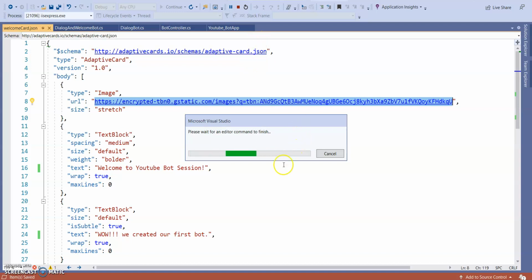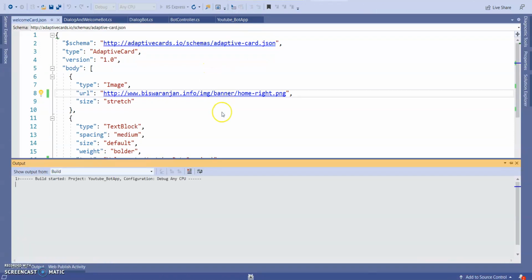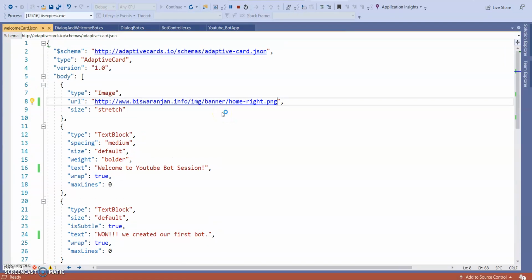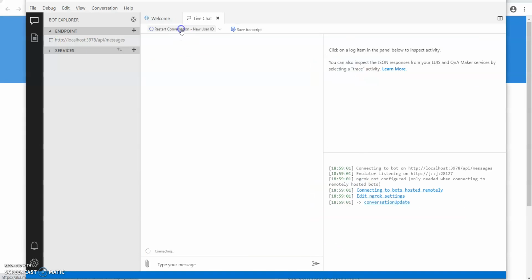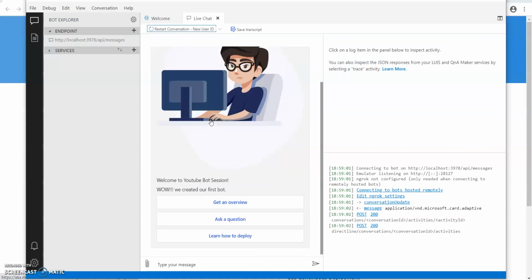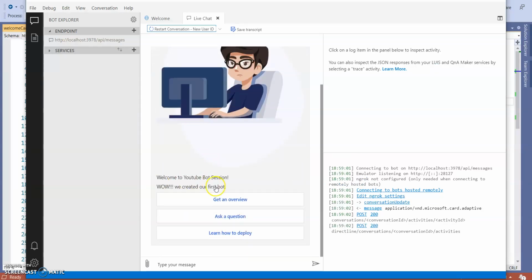Okay, it's taking a little more time. Rerun the application. Go to bot emulator, restart. You can see this image is coming from my website.